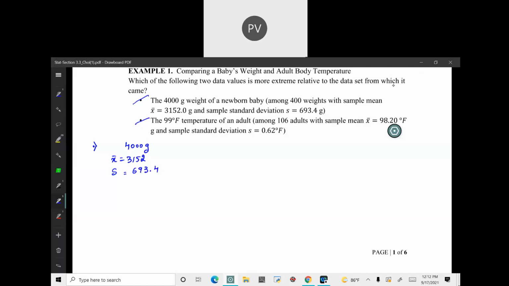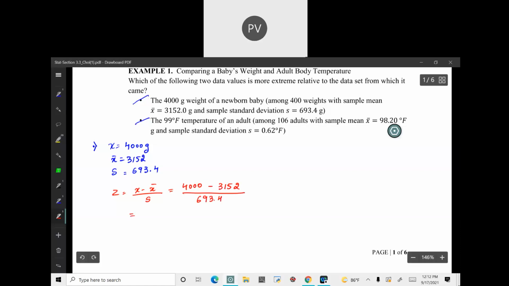Now what is this 4,000 grams? That is nothing but your data value, one of the data value. Okay, x is the data value, x bar is the mean, S is the standard deviation. How do we compute z-score? What is the formula? X minus x bar divided by small s, right? So x is 4,000 minus 3152, that is the mean, and standard deviation is given by 693.4, equal to